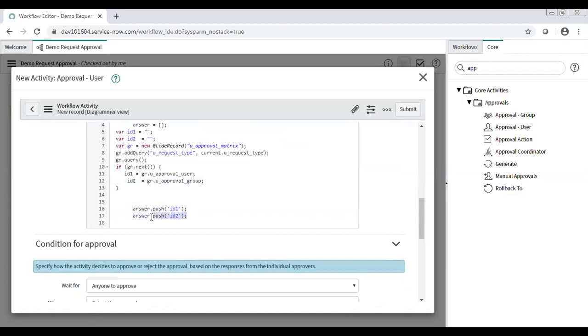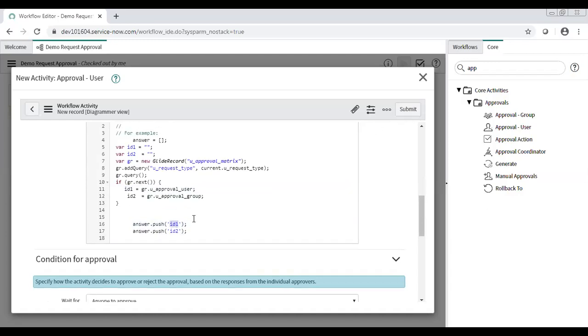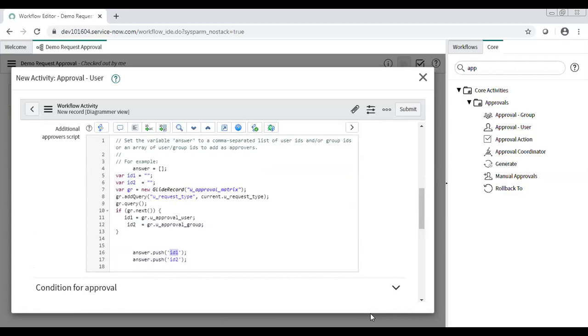So we are saying to the approval activity, for second level approval just send to this group which is defined in ID2, and we are passing it here. And we are also asking to send the approval to the approval user, which is defined in ID1. So are you able to get this? Yes. Okay. Let me just check the field names if they are correct.